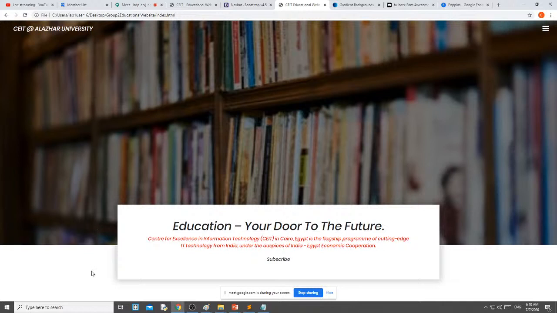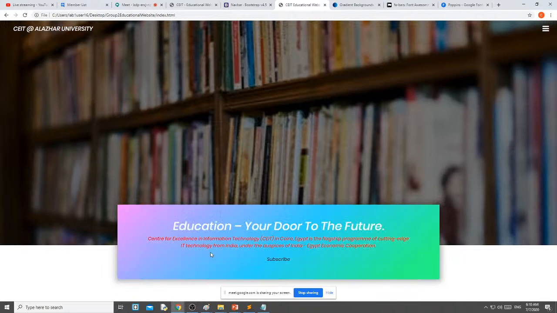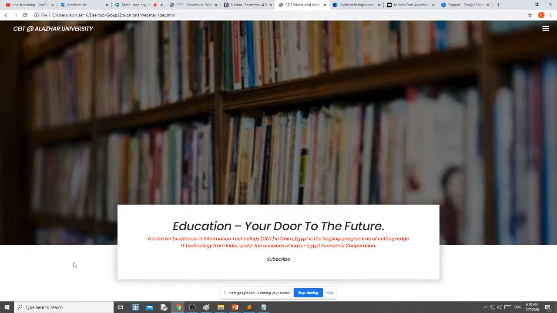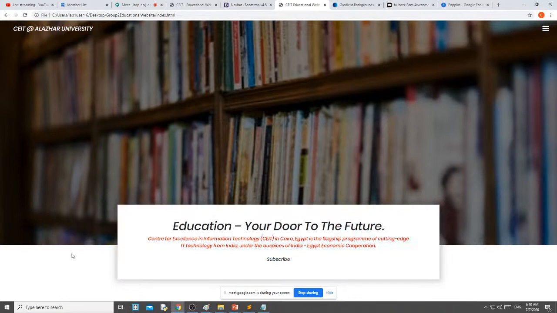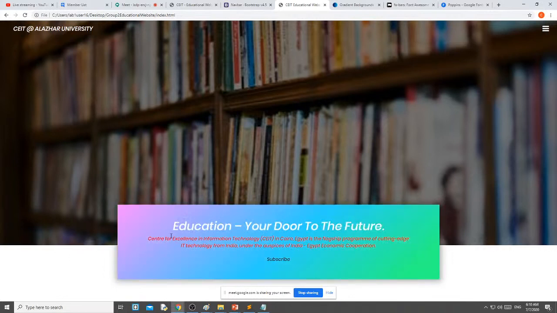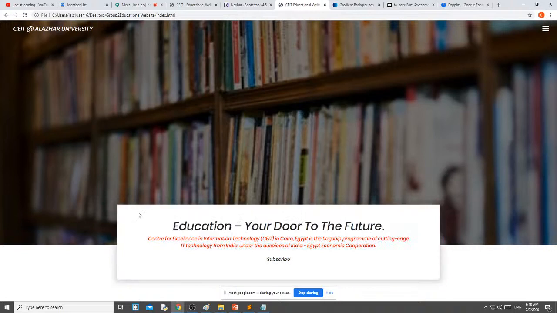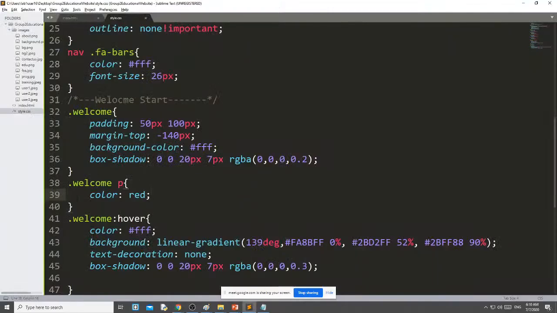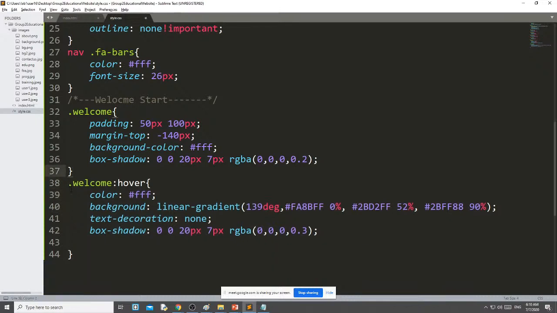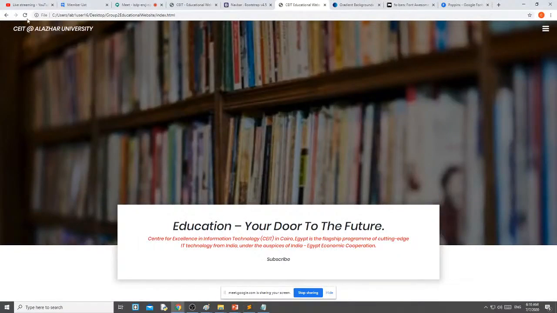Now the paragraph is in red. Once I hover, the paragraph color will not change because you have separately given the paragraph color red. If all the text has the default value, then it will be overridden to white. If you want to override this, simply remove this, then all the default values will be overridden to white.